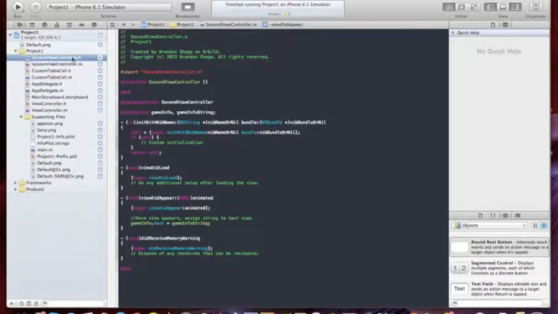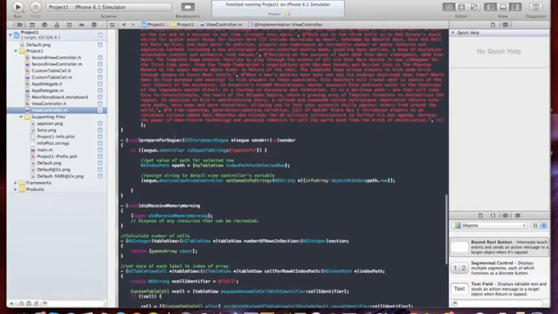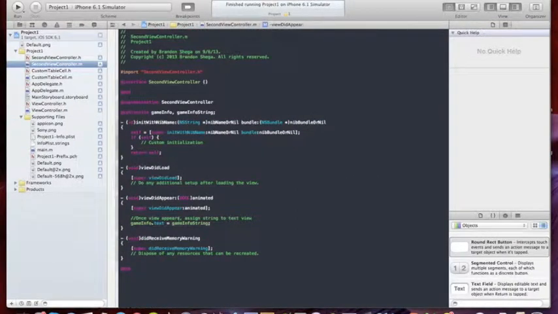And then in my second view controller, in the header file, I have two variables. I have the text view, and then I have this string, which is a property, so I can set it using this method in my segue. And then inside of the second view controller on view did appear, I set the text equal to that string. So every time the view loads,